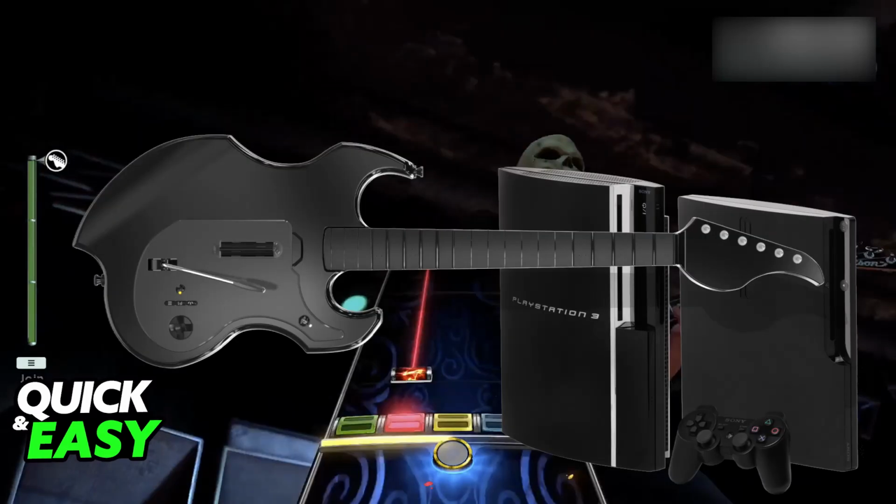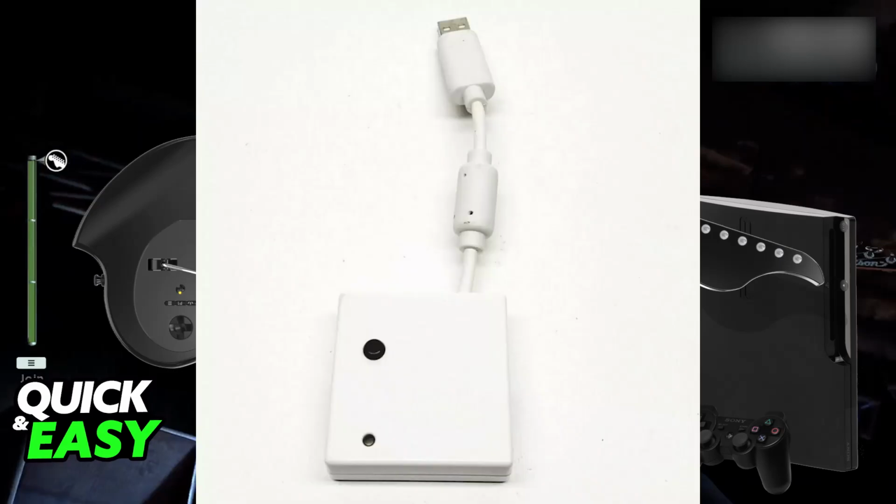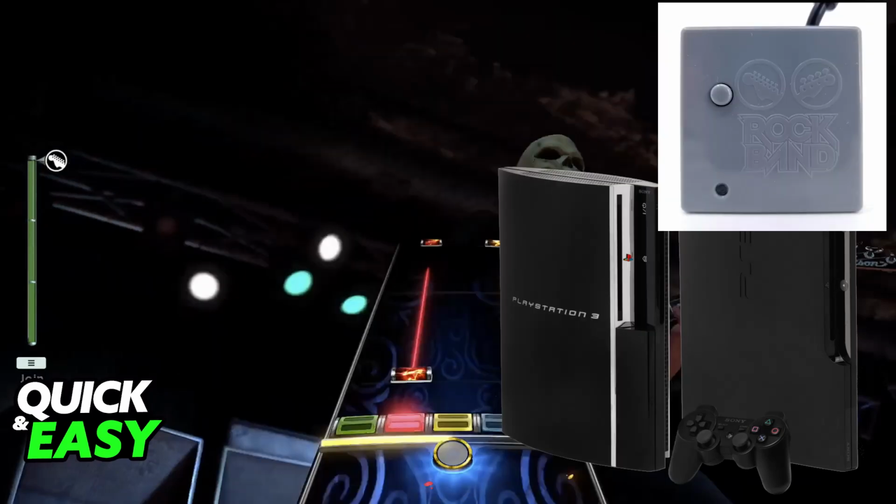So, usually, for the PlayStation 3 and other consoles, such as the Nintendo Wii, you need to use a dongle, so make sure that you have this dongle nearby. As you can see, it is going to connect into one of the available USB ports on the console. So, you can go ahead and connect it now, and after it is connected to your PlayStation 3, turn on